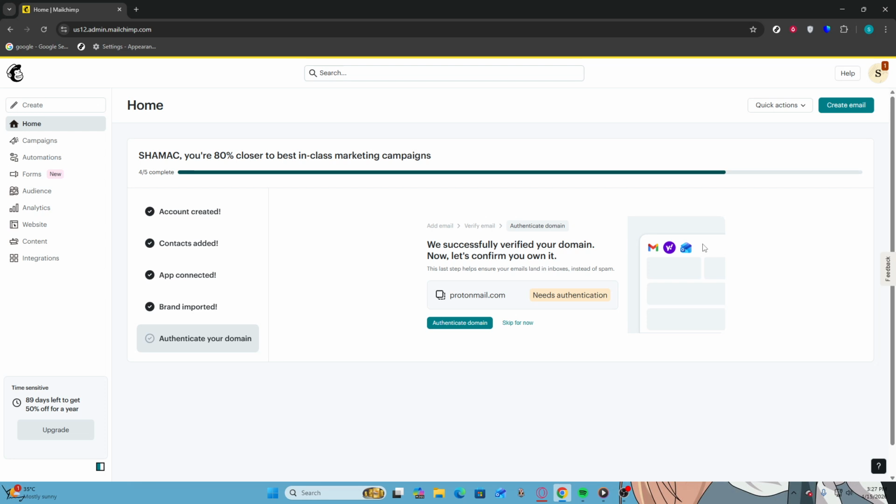Begin by navigating to the Mailchimp homepage. Open your preferred web browser and enter the Mailchimp URL in the address bar. Once the page loads, you will see the Mailchimp dashboard, which features various options and tools for managing your email